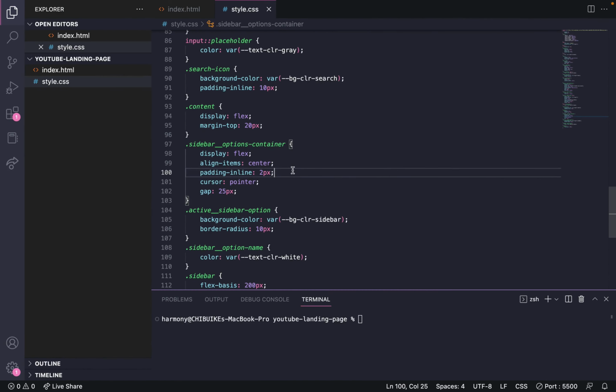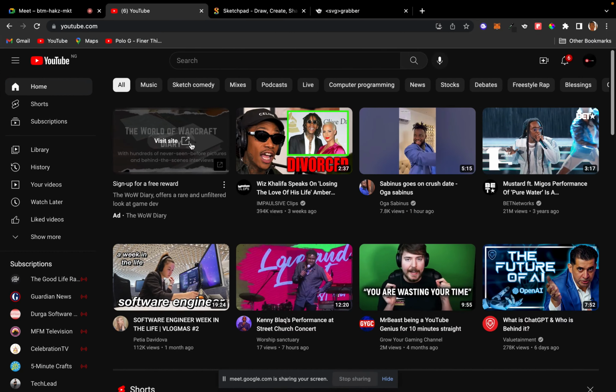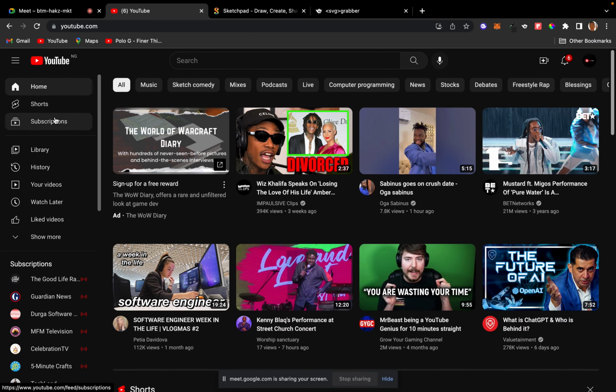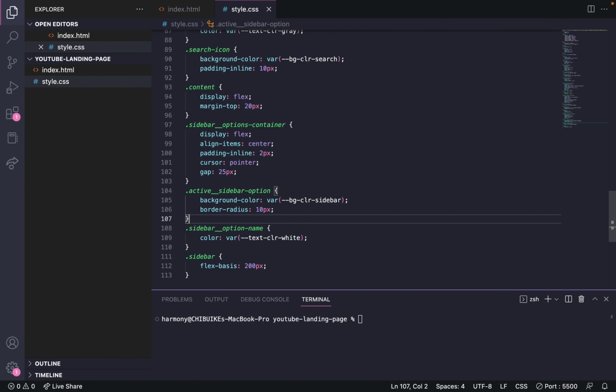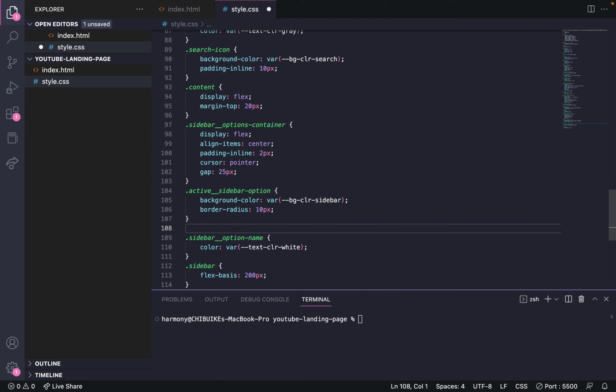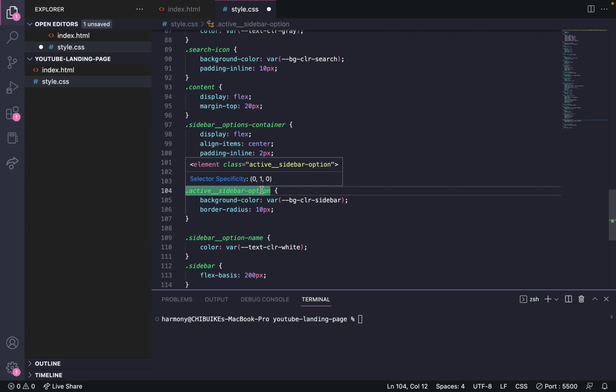I think the background color when you hover over the other options gives you the same background color, but when you hover over the active sidebar option, it gives you a kind of lighter background color. So I'm going to put the normal background color on these other ones,